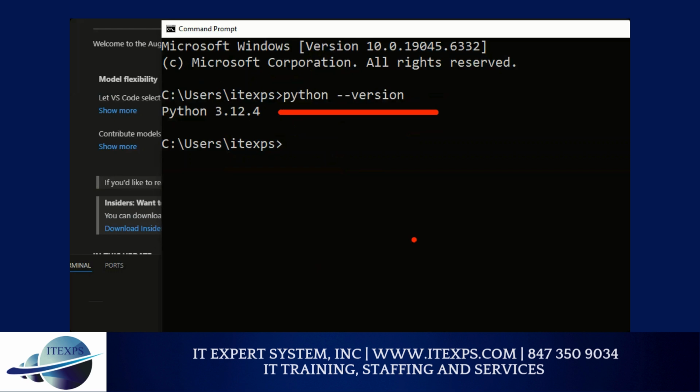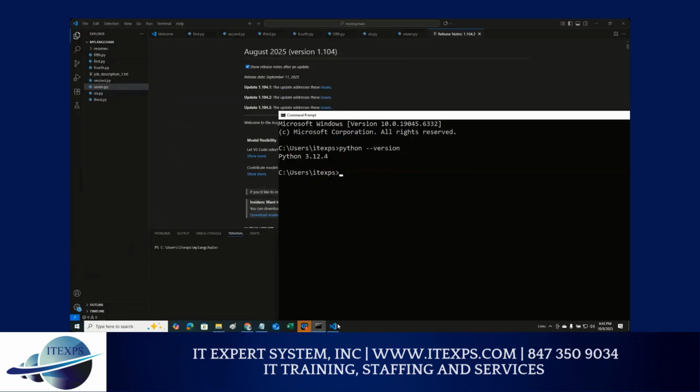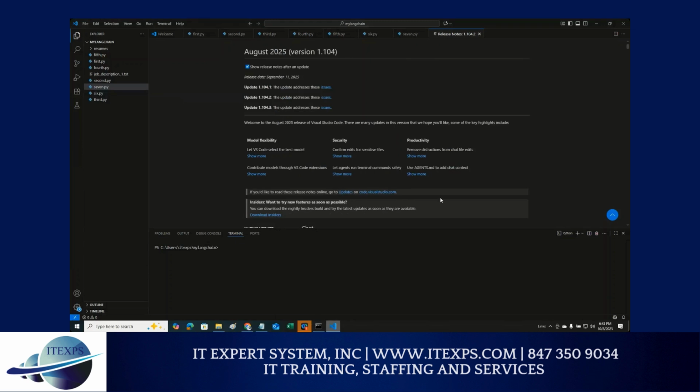If your Python install should work without any problem. Okay, and make sure your VS Code is ready. VS Code is for our development purpose. So now what we're going to do here,